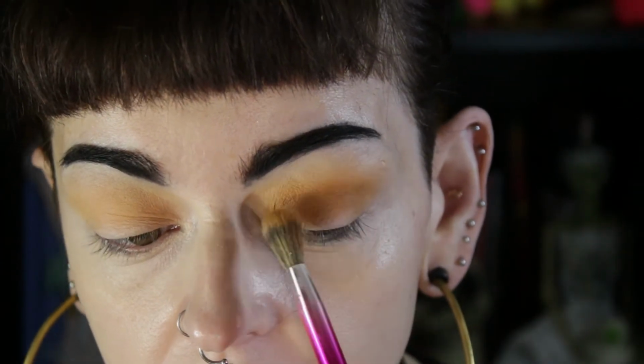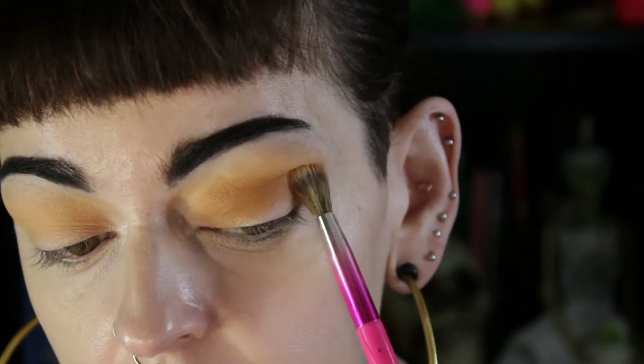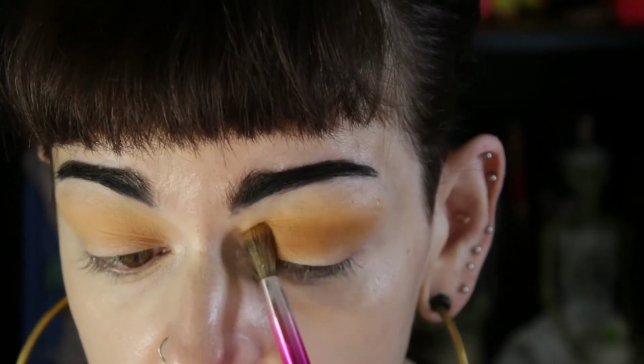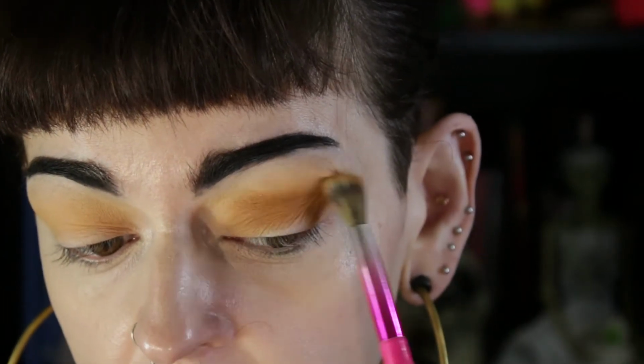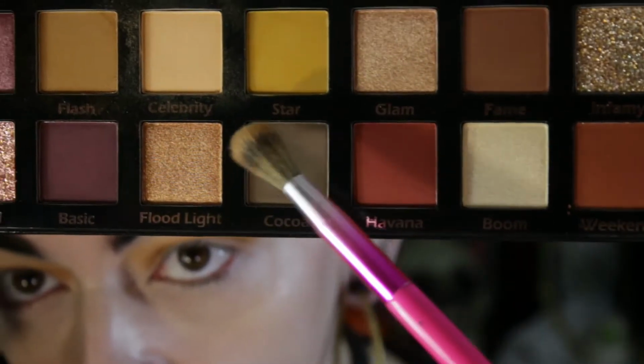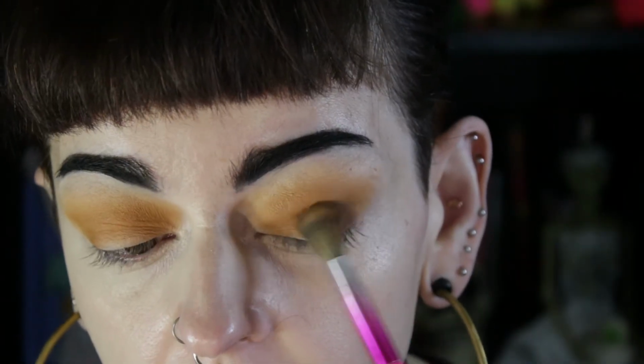But yeah, I'm just layering that on top, and it's this beautiful brown mustardy shade, like, you know, the Dijon mustard? Is that what it is? The not so yellow mustard, but the darker mustard? I don't know. And then I'm going to go into that cocoa shade and I'm going to place it on